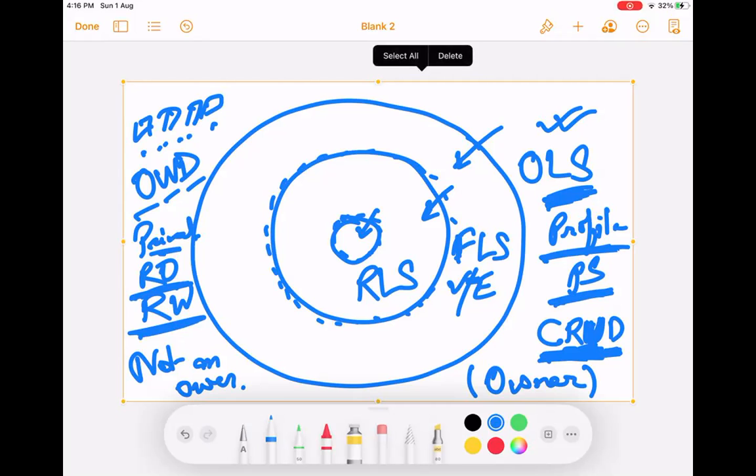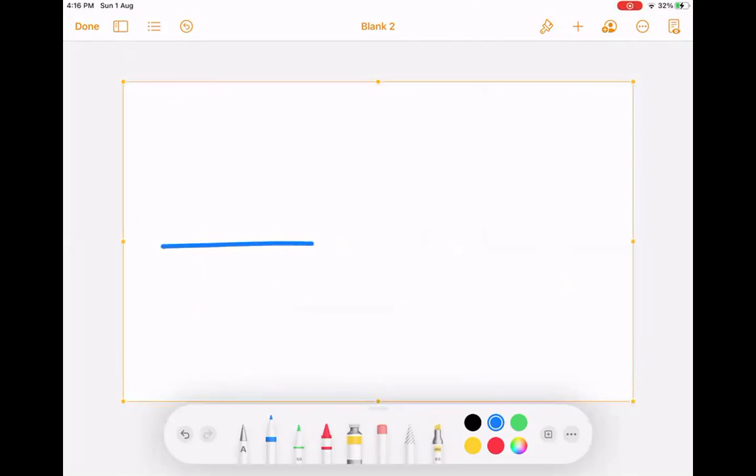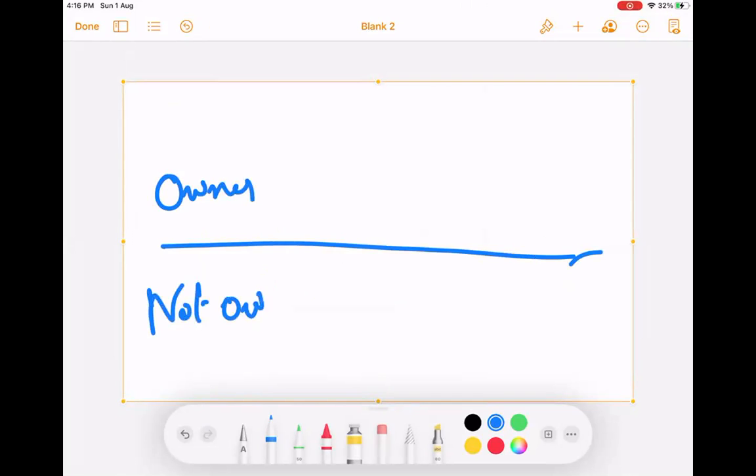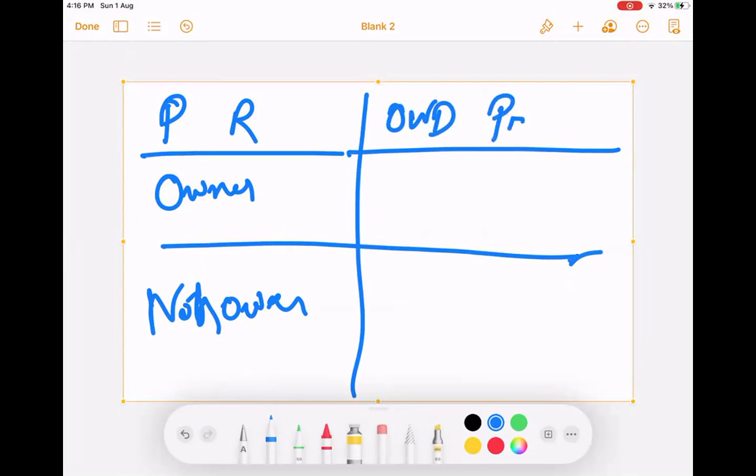So let's see a table and understand this. Owner and non-owner. In the profile, I have given read permission. OWD is set to private.